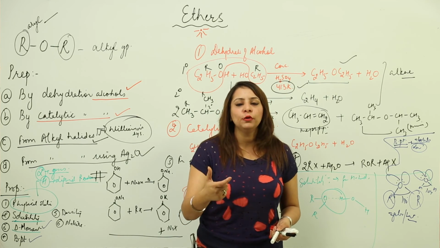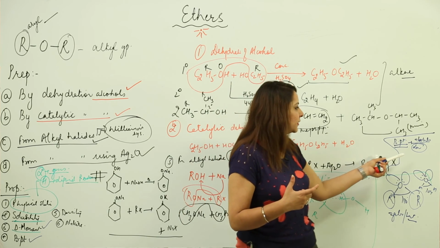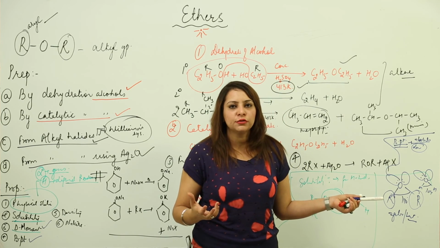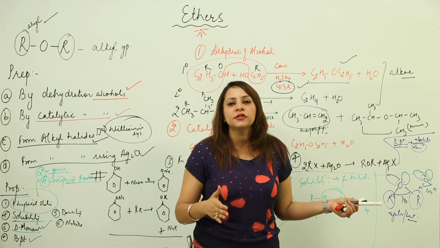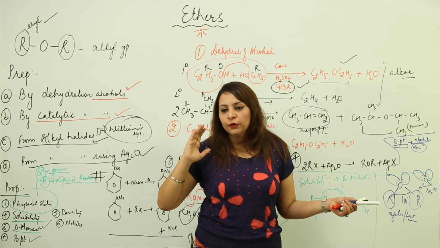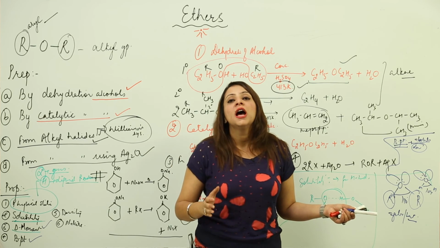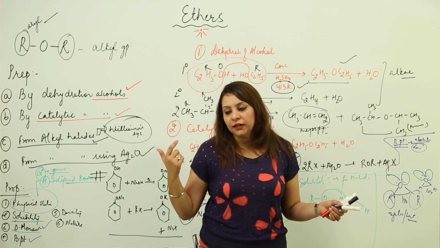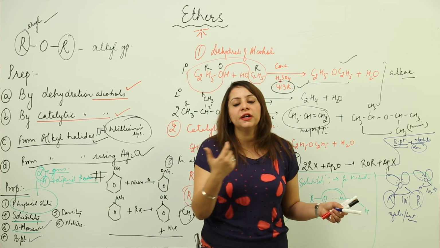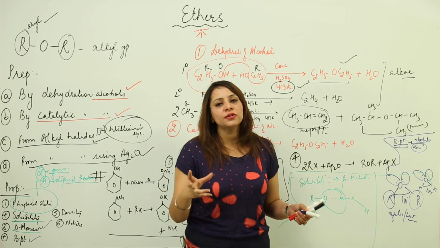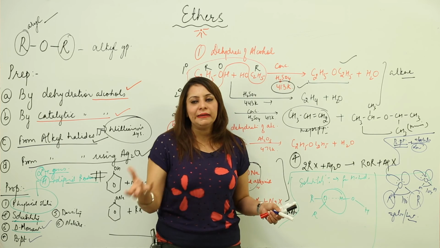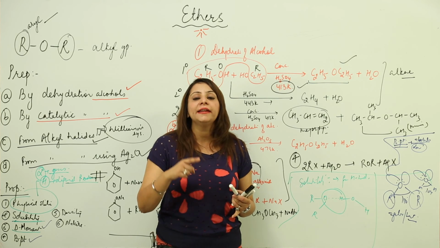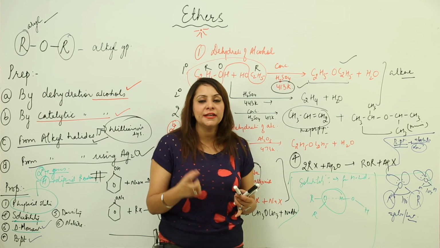So that means less dipole moment or less polarity, and the second factor is that they are less keen in forming hydrogen bonds as compared to alcohols. So in them there are forces, but the forces are not up to the mark. They are weak van der Waals forces, but the forces present in alcohol are quite high. So the ether is going to possess the low boiling point if we compare it with the alcohols. If you get a question to compare the boiling point of alcohol and ether, you should answer quickly that alcohol has more dipole moment, it is more polar, and the hydrogen bond formed by it is comparatively stronger.